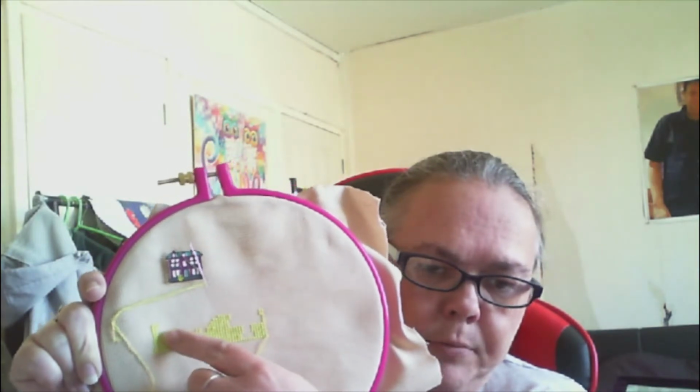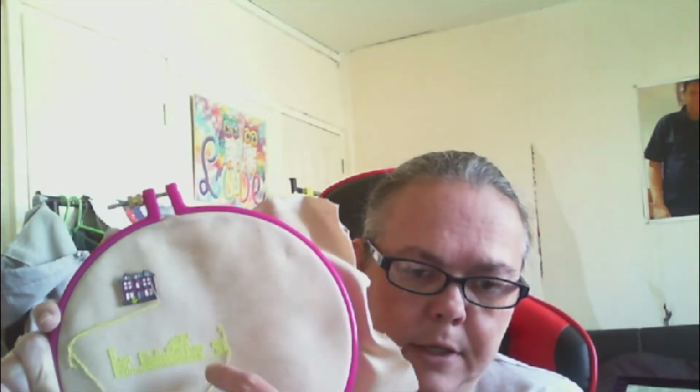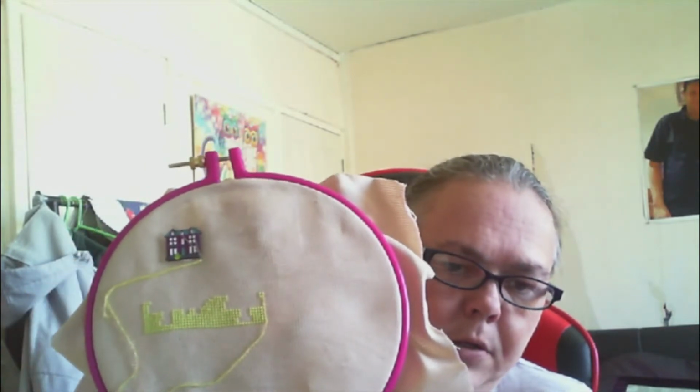There's a mushroom at this side, you can just see where the bottom's going to be, and then the same on this side, you can just see the curves of the mushroom. So that's going to be the start of the fox. There's also a badger, a squirrel,